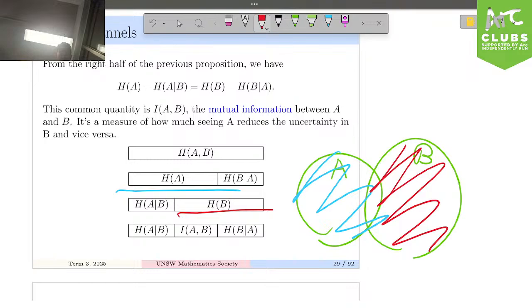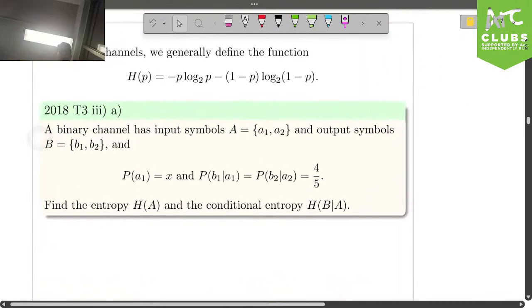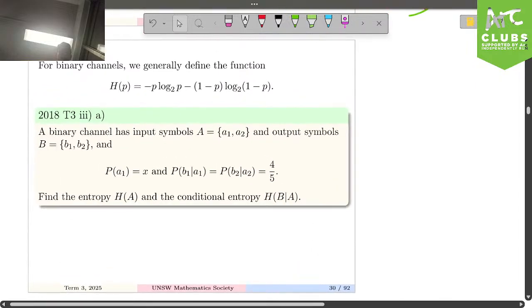And then, for instance, for the conditional entropies, H(A given B) is the amount of excess information there is in A, given that we've already removed what we already know in B over here. And likewise, you can have the same type of symmetric argument. I've run out of colors already. You can talk about the same symmetric argument in B, given that you already know what A is. Okay? Alright, so we're going to look at just some examples now, and that should wrap up this section.